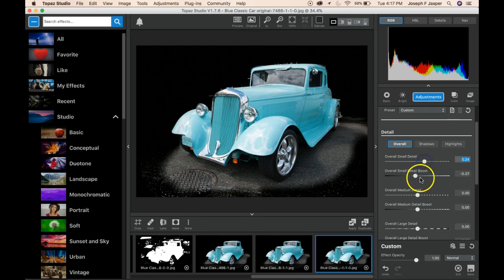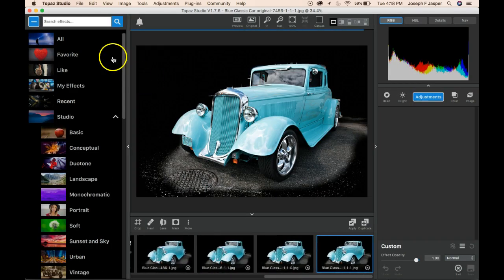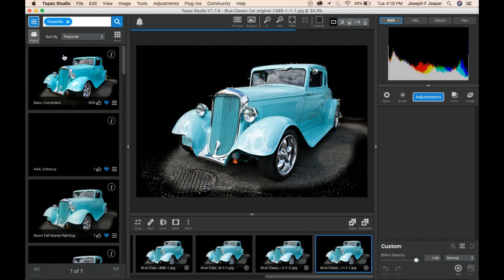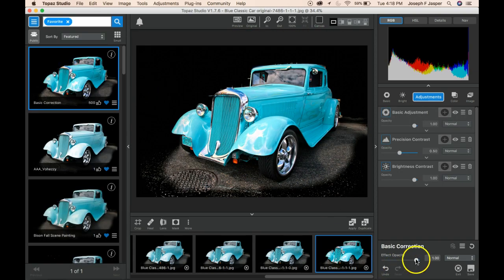So I think I'm just going to take the small detail up like that, the medium detail, and it's really starting to snazz this image a bit, and then the large detail to taste, and that's pretty sharp looking now. And then I'm going to apply that, and then I'm going to go into a basic correction. You can just type basic correction in,